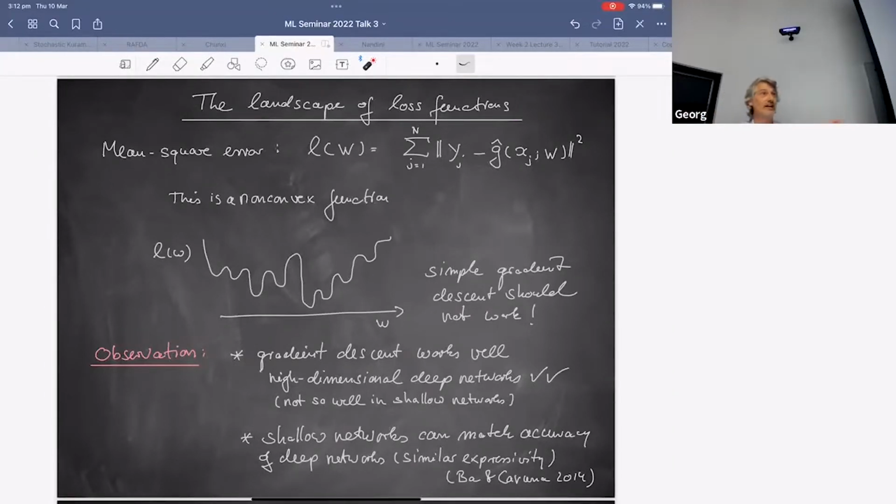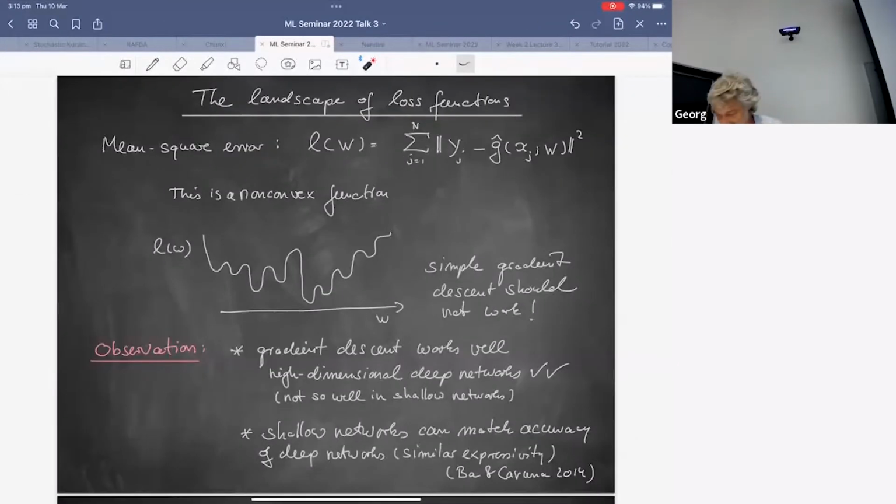And one is that shallow networks have, in some sense, the same expressivity as a large network. So you can approximate a function very well if you know what it is. The guess is that this has something to do with the actual optimization or with the energy landscape rather than with the expressivity. Okay, so let's explore that. The question was whether the second point is empirical too. Yes, that's empirical. These are all observations that people found when they tried it out on examples. So there's no general theory so far.